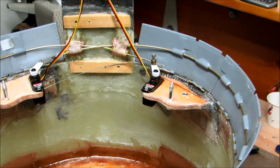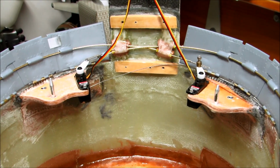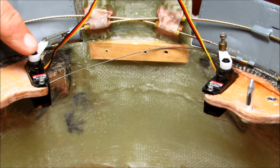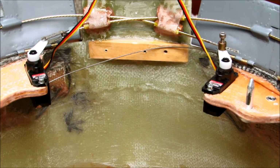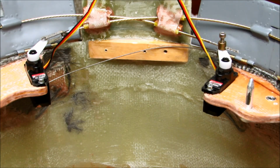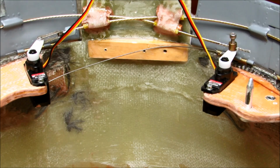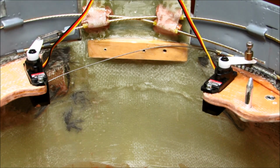Okay, so I have everything hooked up. High-tech servos, these are HS 65s, and these things are rated for 30 ounce-inches of torque at 6 volts. And I'm putting 6 volts into them right now. And I know from previous testing that that 30 ounce-inch rating is bullshit, because, well, you can see this